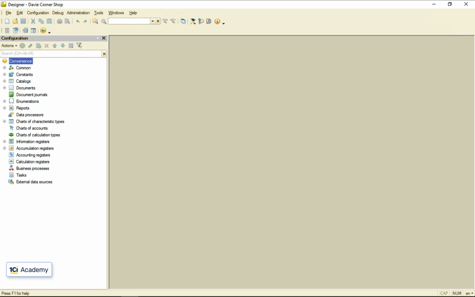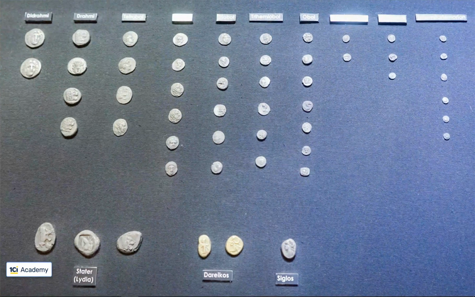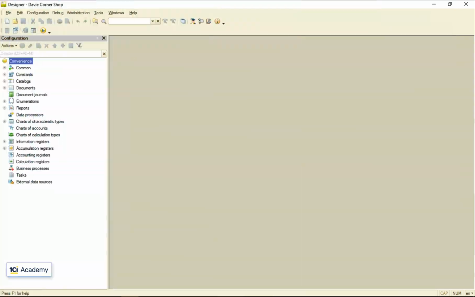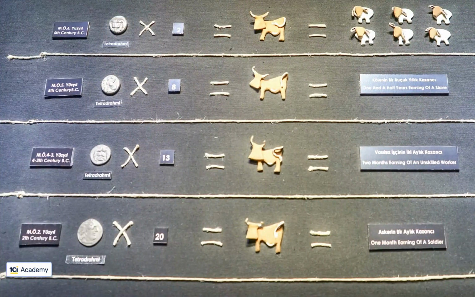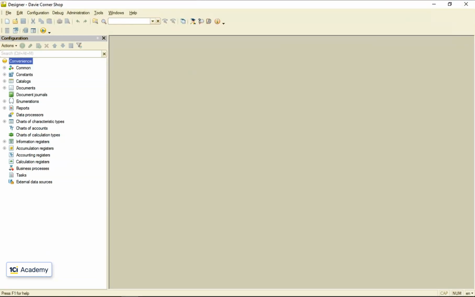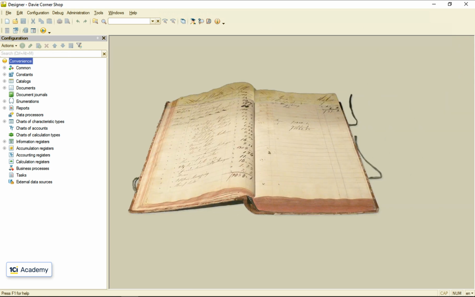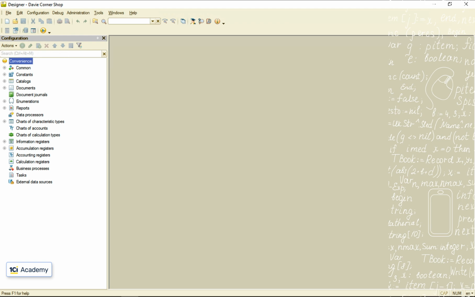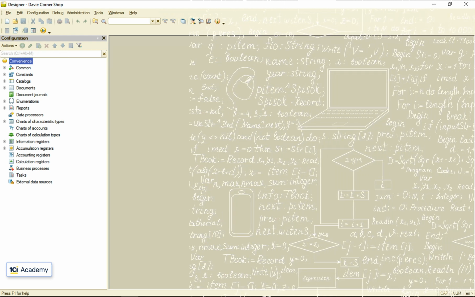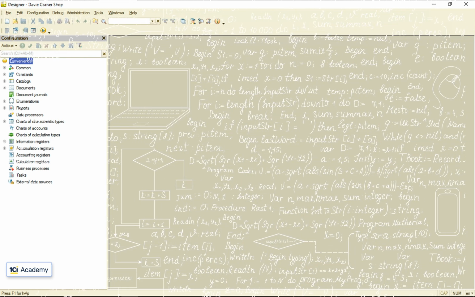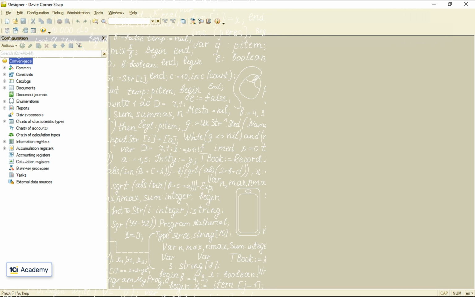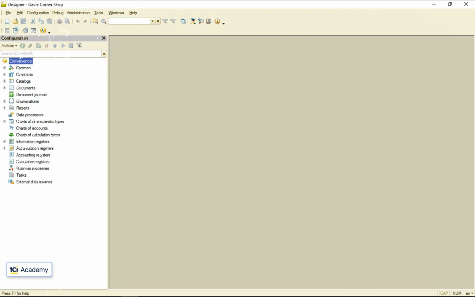Very soon after money was invented, it turned out that it likes to be counted. By the mid-15th century, some smart Italian guys came up with the accounting as we know it today. Some 500 years later, the 1C Enterprise platform finally made it possible to build your own accounting system without getting a degree in computer science first. So, let's see what 1C Enterprise has in store for us.